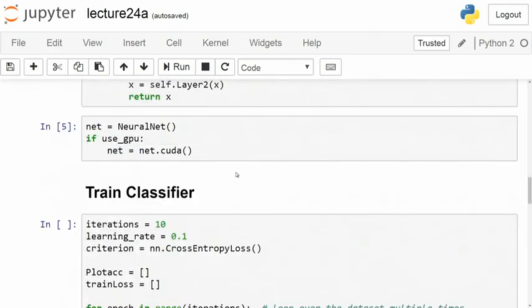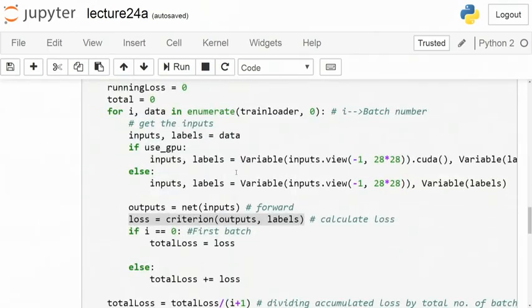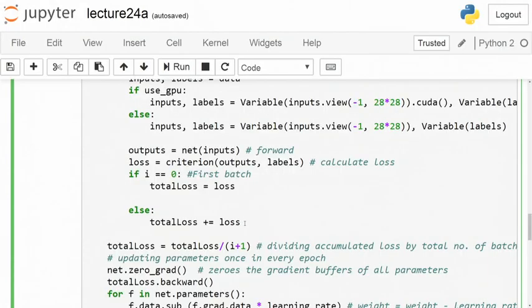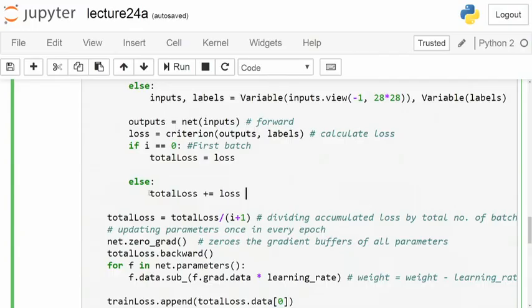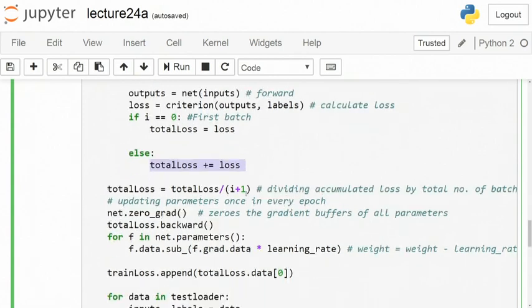And now, getting back over here, I am going to accumulate my errors over all such batches which are fetched. Technically, on my training data set within MNIST, you have 60,000 samples. I am fetching 100 at a time. That means that I will have 600 such fetch operations within one single epoch in order to get my whole data set from my hard drive. Now, when I am calculating the loss, I need to accumulate all of these losses so that I get the total error at the end of the epoch itself, and that is what I am doing over here. Now, the point is that I need to find out what is the total loss at